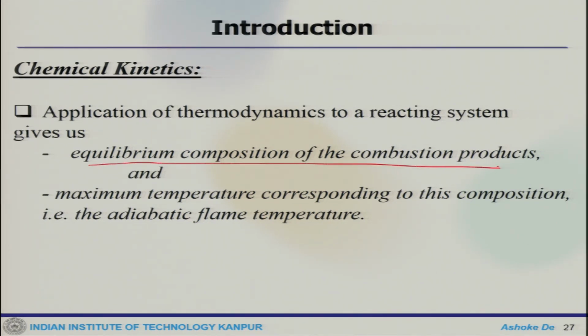That means, when multiple species are reacting with each other, one can estimate what the equilibrium compositions would be. It is just like collisions between different molecules, and they reach a certain equilibrium, and at the same time, because of that, the maximum temperature corresponding to these compositions is the so-called adiabatic flame temperature, or rather this is a theoretical estimate